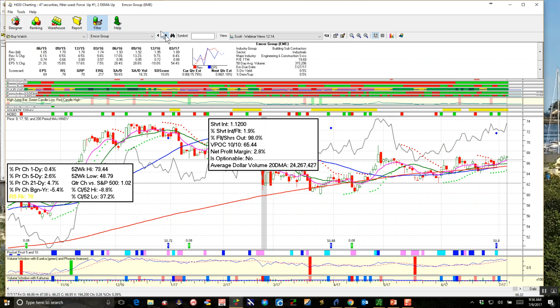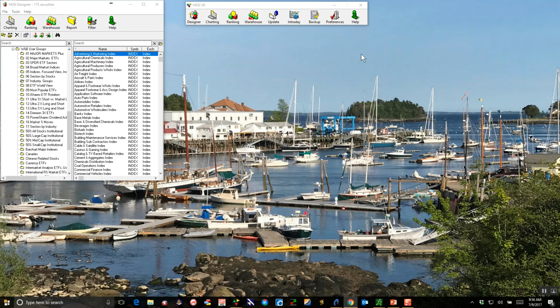MCOR is another building stock. And again, it showed some other signals from my other programs. I'm going to skip it. And those were the ones that I liked. And on that note, I just want to show you two things and then say goodbye. If you have the program and you go into Designer